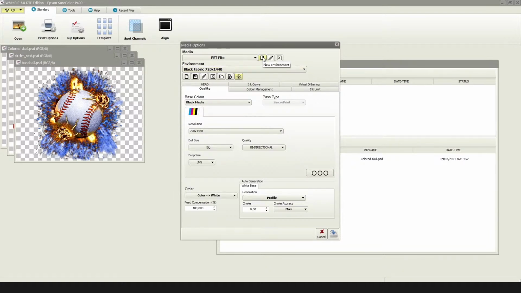Also, we can edit the name of the group, and of course delete and create a new group of environments. Since we are here, we are also managing some printer settings. We can create new environments